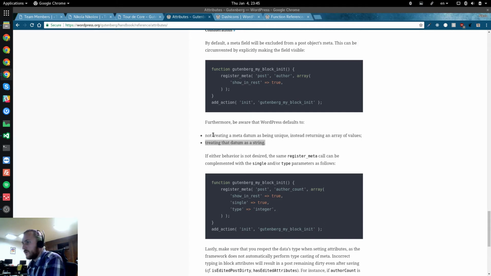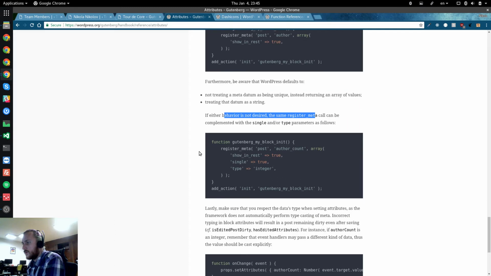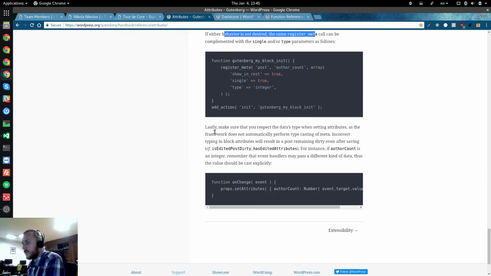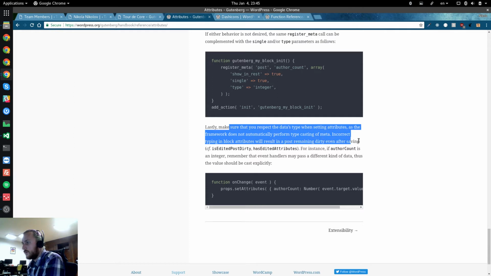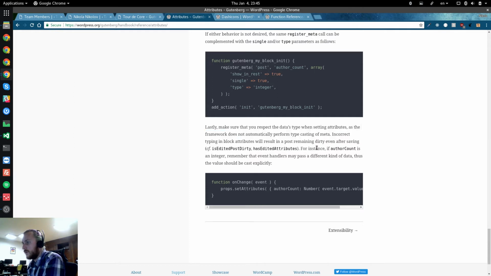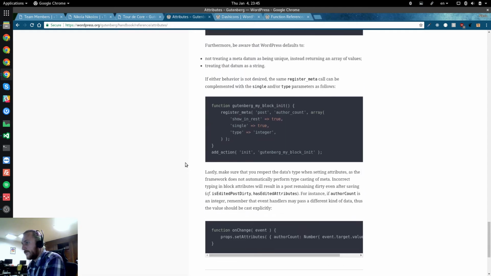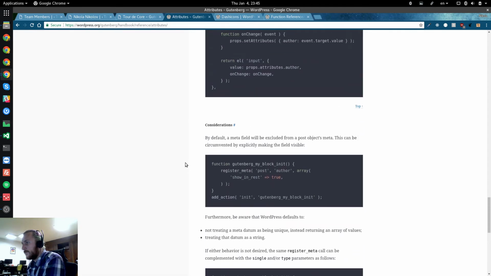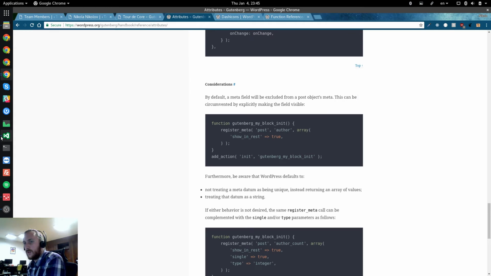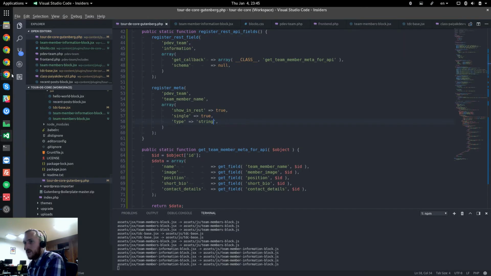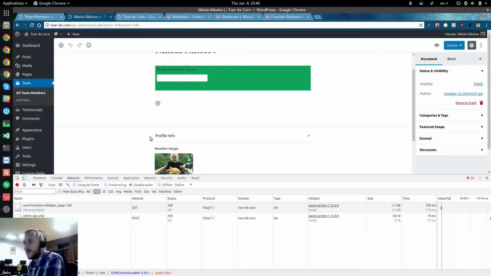Values. Single and our type parameters, that's fine. Spectators type. So post remaining 30 even after saving, that's fine. They're not being very helpful here, because I'm pretty sure that we have to do